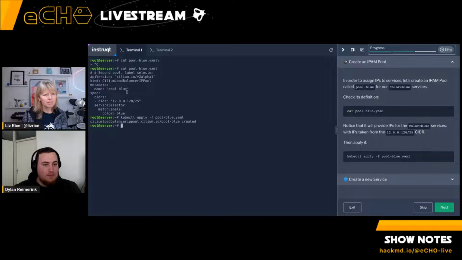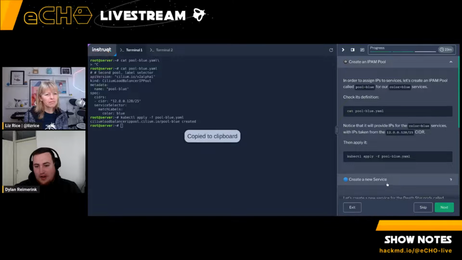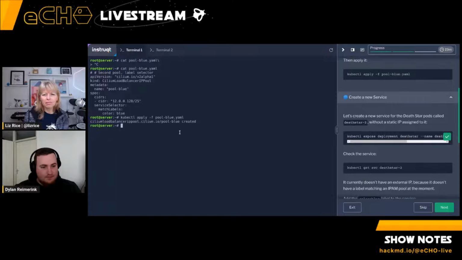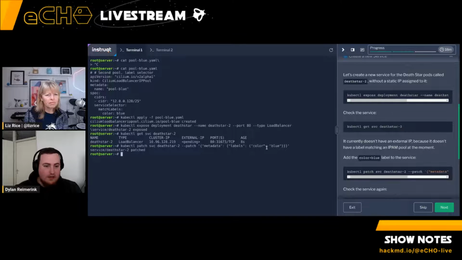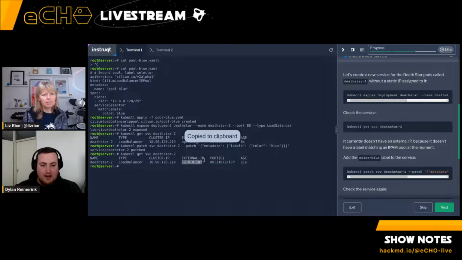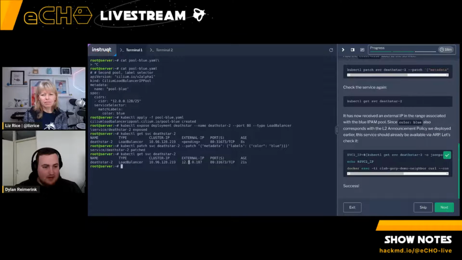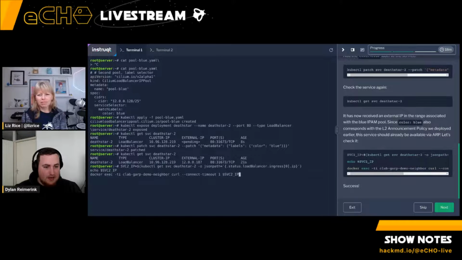Then you can make this automatic. We are just saying, okay, we're making this CIDR of IP addresses available, which is again within the same range we have been working in so far. And if I now make this new deployment where we use a load balancer type, even though there's no load balancer configured here because it's on premise and we're not on a cloud, the moment I make all of the labels match, we get assigned this external IP address. And this external IP address is then also immediately,